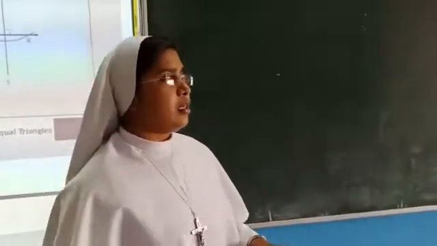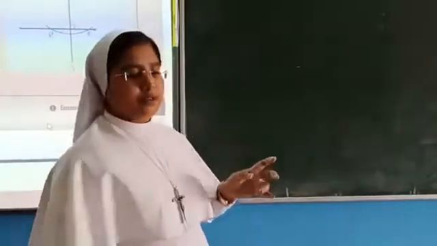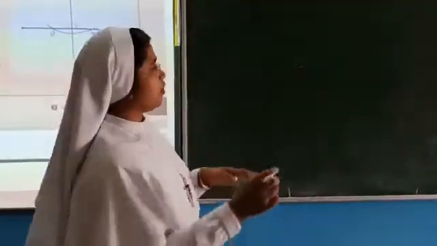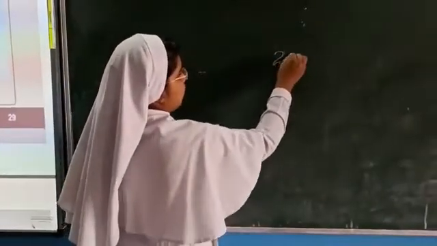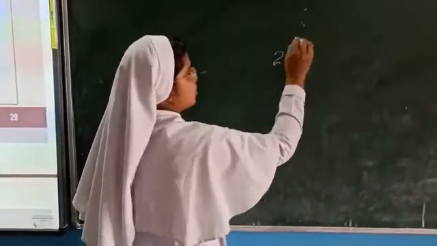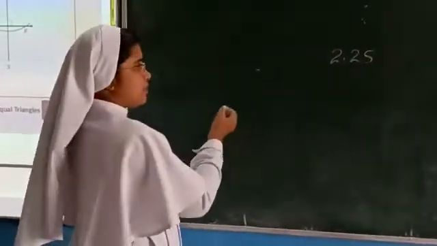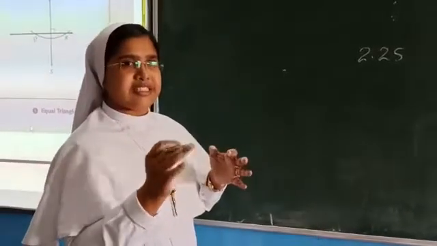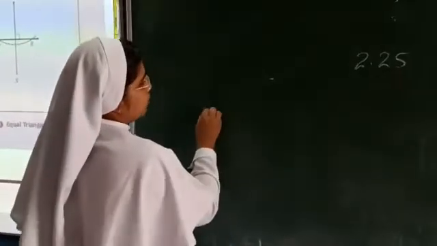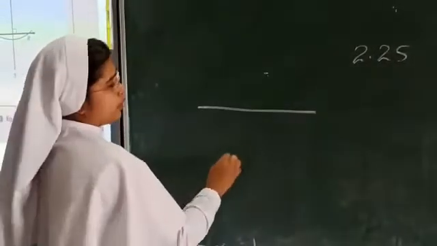Now you see, to get 2.25 on the scale is rather difficult. So, as we have learned before, we are going to draw a line. We have to draw a circle with 2.25 centimeter radius, so I am just taking double of that, which is 4.5. That is easy to take from the scale. So I am drawing a line of 4.5.